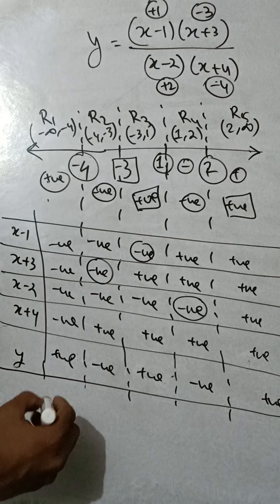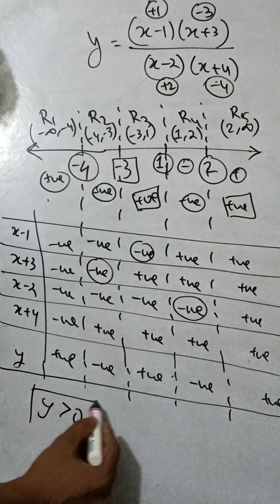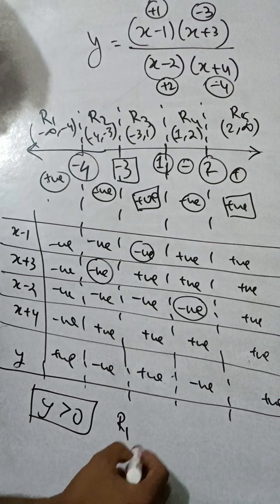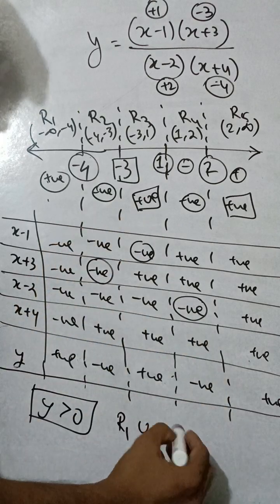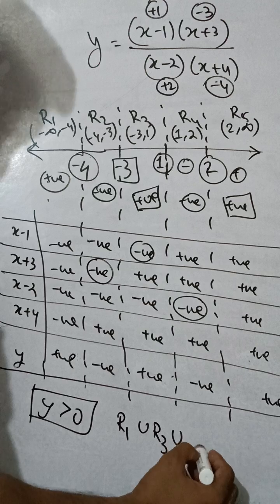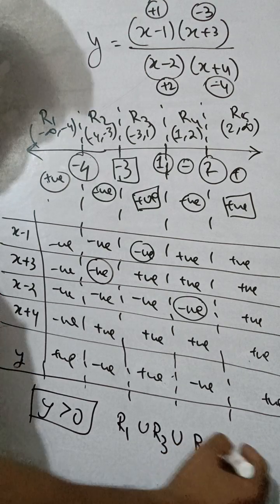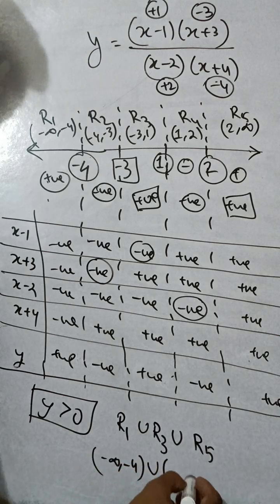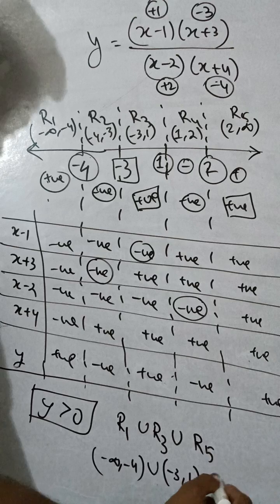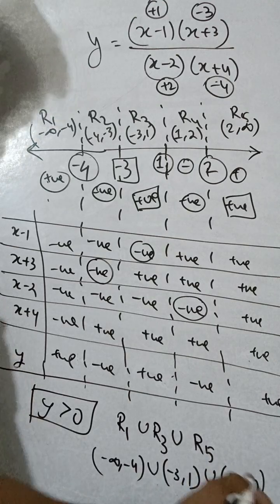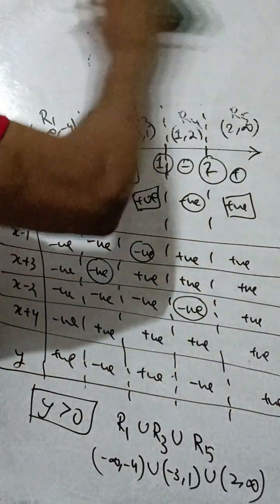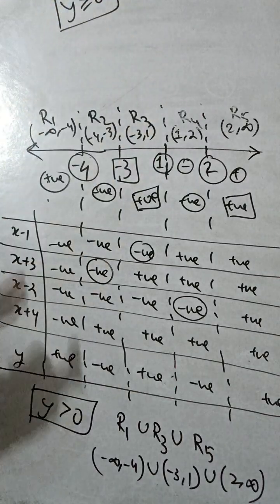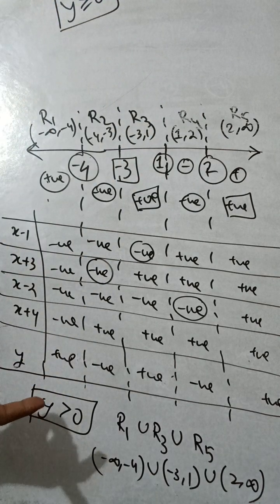Now if we are asked where y is greater than 0, where y is positive, then our answer will be that it is positive in r1 union r3 union r5. Or we may answer it like this: -infinity to -4, union -3 to 1, union 2 to infinity. Now if they ask us where y is greater than or equal to 0,